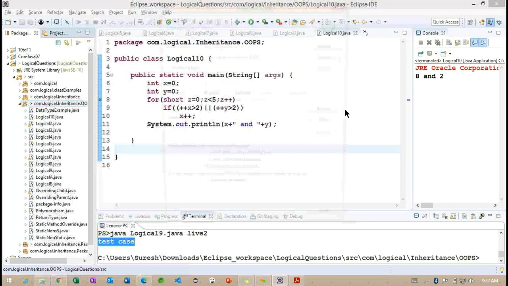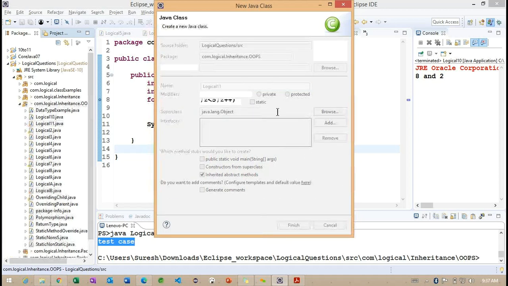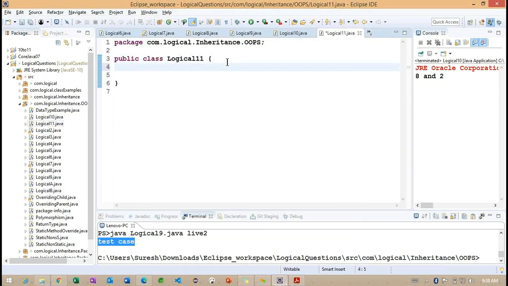I want to create the class as logical 10. So 11 we can create. 10 is already available, so this is the superclass we can pick here.